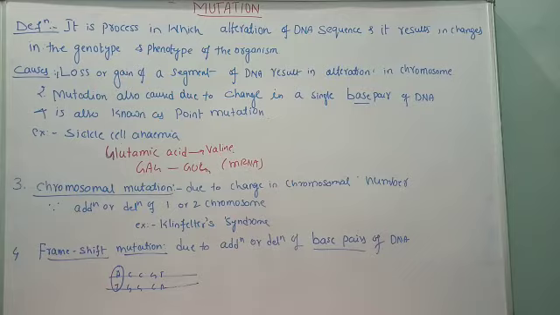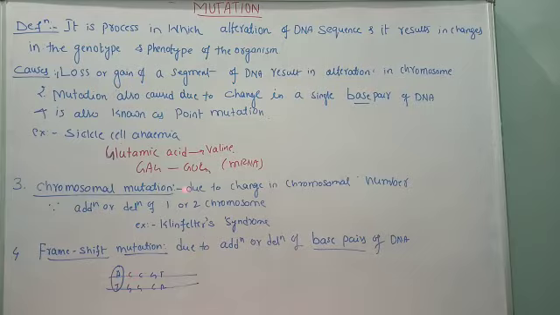If one pair of base pairs is either deleted or added to the normal set, it is going to cause a point mutation. Point means single base. If a single base pair is altered, then the characters are also going to alter, and that is going to cause the mutation. Okay, that is point mutation.